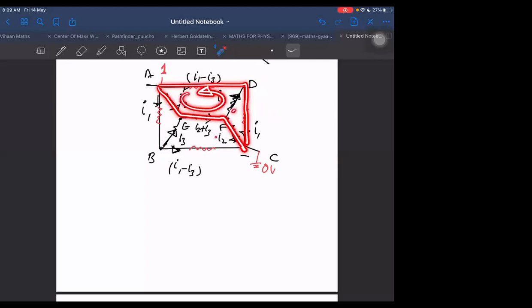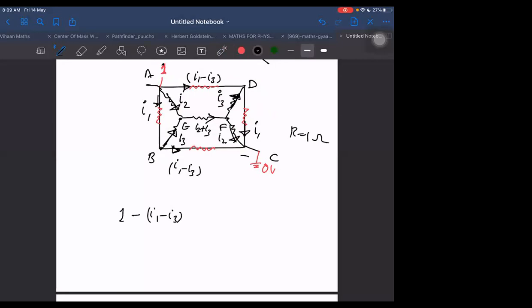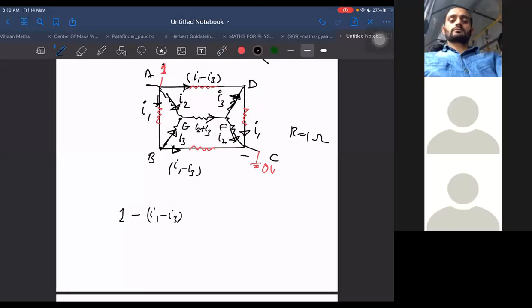That also will be enough, it seems. Any one loop I can choose for the third one. Okay, then we will be getting three equations and three unknowns. We should definitely get the answer. Let us try once now. Start from 1 volt. 1 minus I1 minus I3. All the resistances I am taking to be 1 ohm, so that it is easy for me to do it. So (I1 minus I3) into R. Okay, take it as R only. After that, I will put as 1.